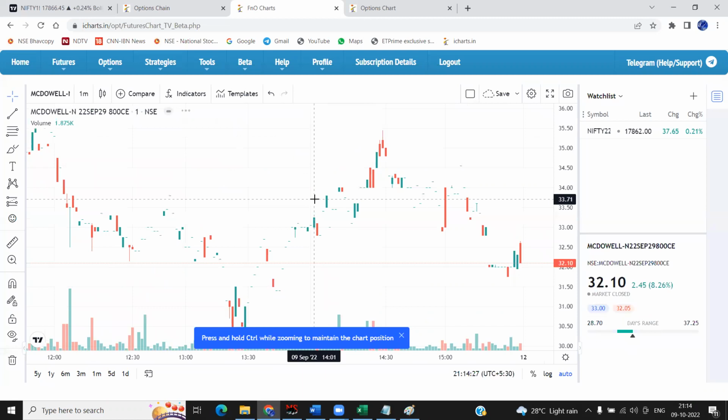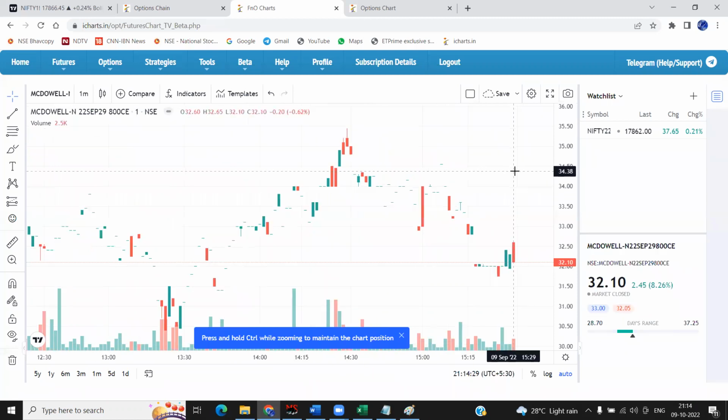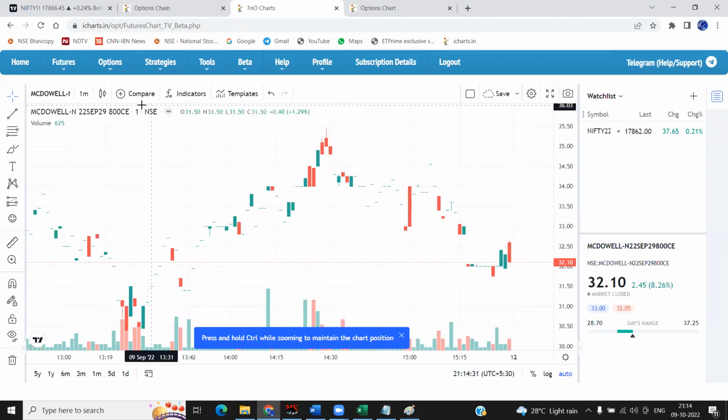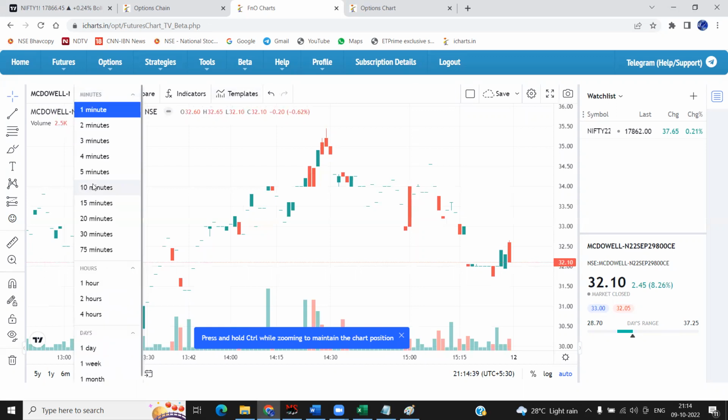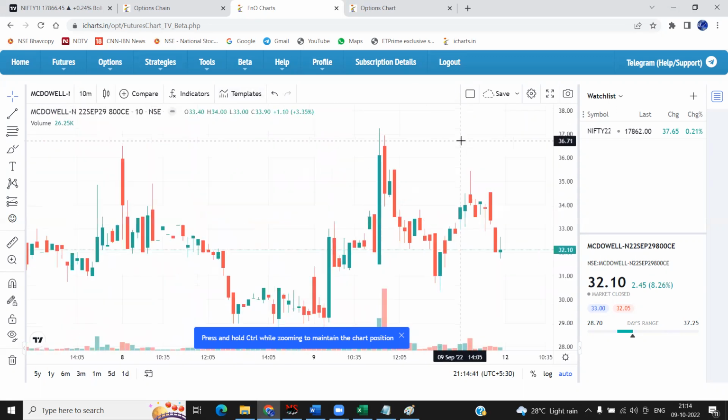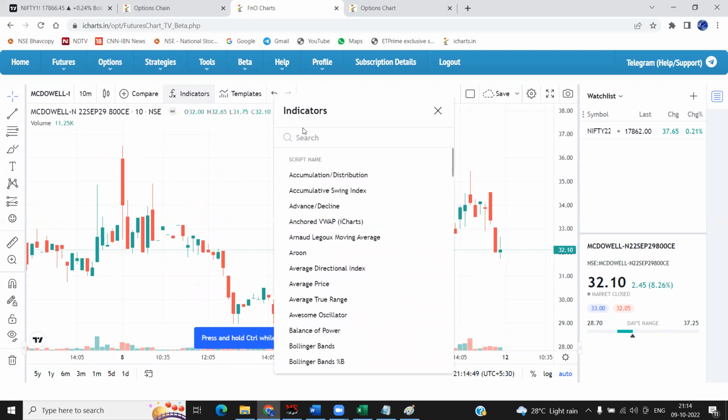हाँ ठीक है, चलिए 820। 15 मिनट, एक घंटा कर दीजिए इसको सर, या फिर 15 मिनट। Where is the time? इधर मैकडॉनल्ड्स के बाजू में। Whatever, 10 minutes, 5 minutes, whatever. अच्छा, this is it. अब यहाँ पे ओपन इंटरेस्ट भी डाल सकते हैं। इंडिकेटर में जाइए, इंडिकेटर में गए, ओपन इंटरेस्ट लिखिए।